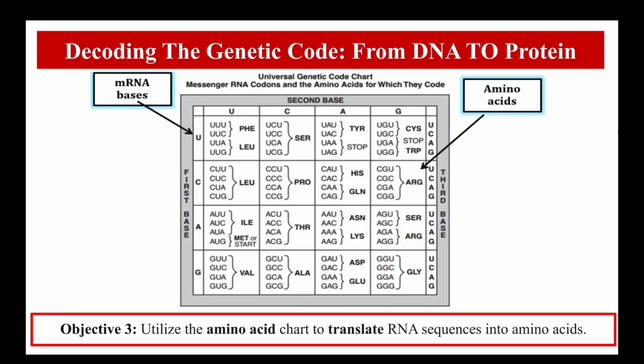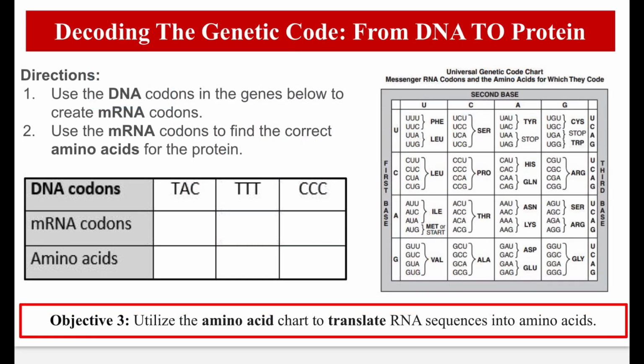Here is our universal genetic code chart. It's like a decoder for our mRNA message. Each 3-letter mRNA codon matches with 1 amino acid. First, we will transcribe the DNA strand to RNA. TAC now becomes AUG. In the chart, we will look for the first letter in the mRNA codon in the